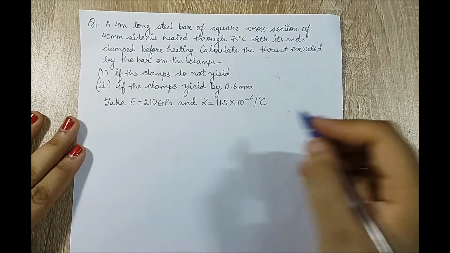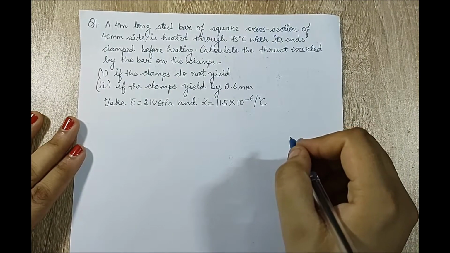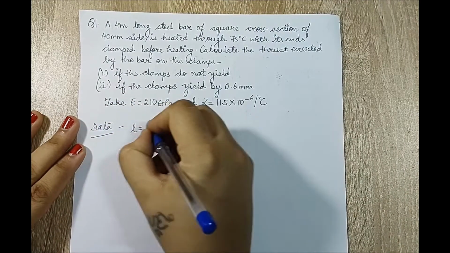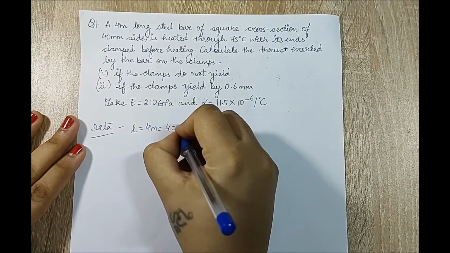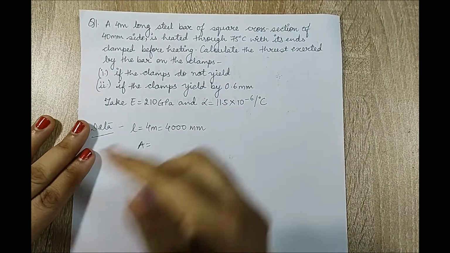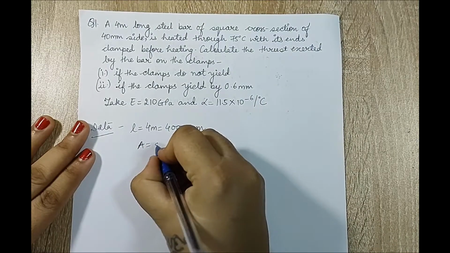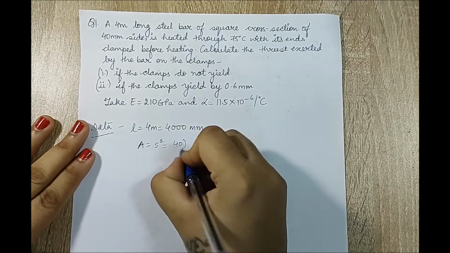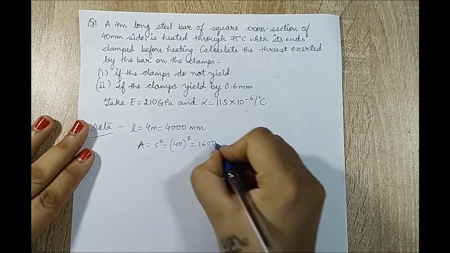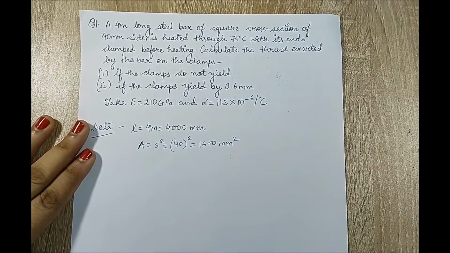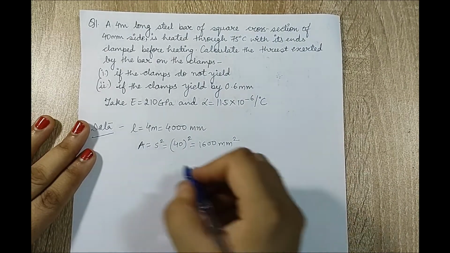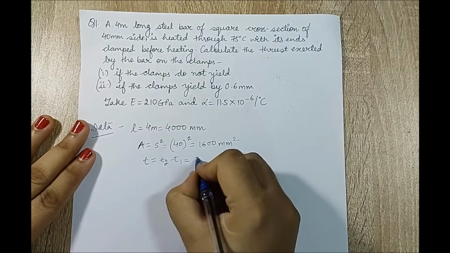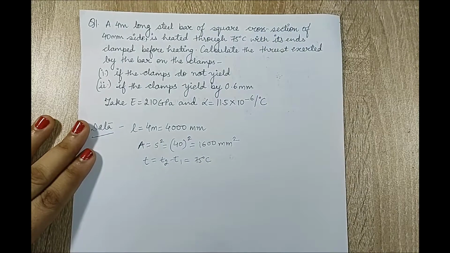A 4-meter long steel bar of square cross section of 40 mm side. So I'll just write down the length L is 4 meter, which is 4000 mm. The side value is given to me as 40 mm, so I can calculate the area because it's a square. The area will be side square, which is 40 square, 1600 mm square, is heated through 75 degrees Celsius. So the value of T, which is final minus initial, is going to be 75 degrees Celsius with its ends